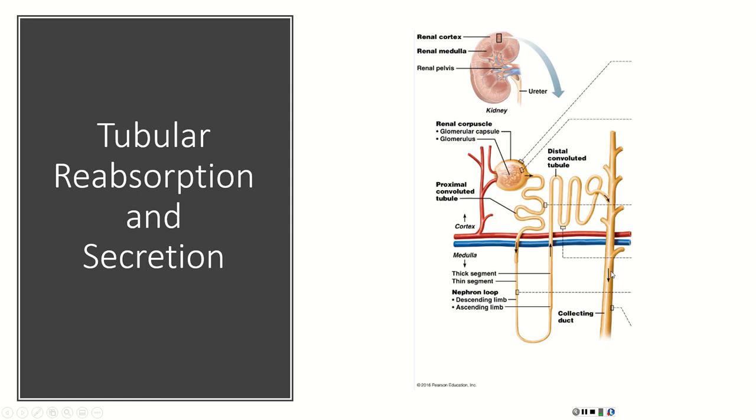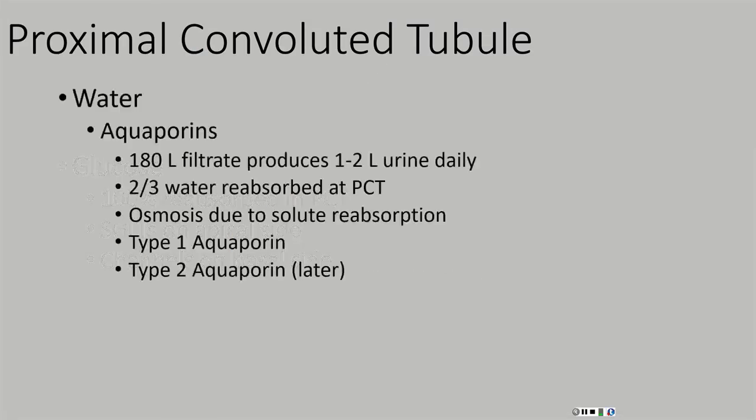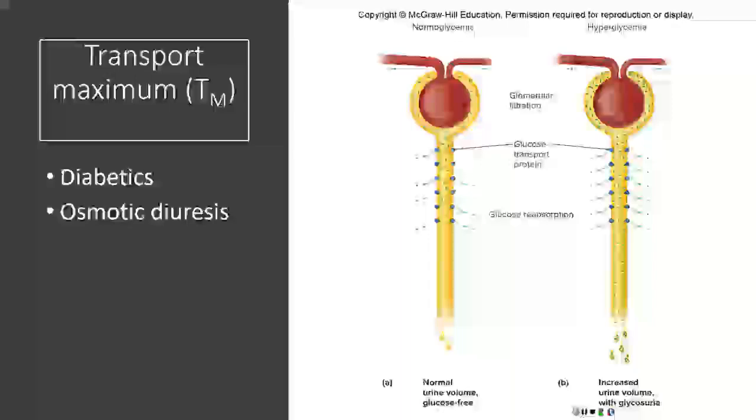So by the time we get to the end of the collecting duct, that solute, glucose or amino acids or vitamins, they have pulled a lot more water along with them than we would normally expect to find. So not only do we see glucose in the urine, we see a lot of water in the urine. Another way to say that is it causes an increase in urine volume. When something exceeds transport maximum, one, that substance shows up in the urine, and two, there is an increase in urine volume.